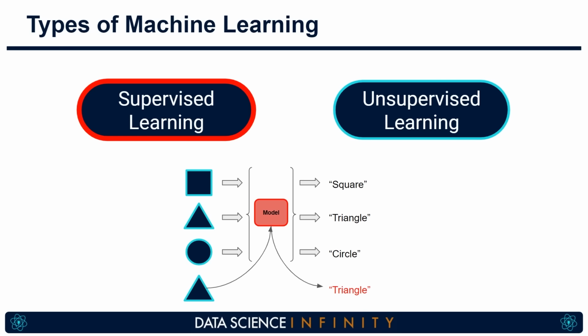Here I've represented the inputs as shapes and the outputs as the name or the type of each shape. But in reality, our inputs might be features of a house, for example. So the age of the house, the size in square feet, the number of bedrooms, and the neighborhood that it's in. And the output might be the price or the value of that house. We could build a model which will look to learn the relationship between those features and the price, and then predict the value of any other house based on its features. And these types of house price prediction models do actually exist and are commonly used in real estate to help you assess the value of your house or a house that you might be interested in.